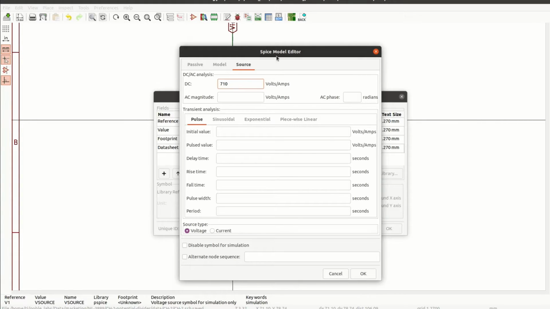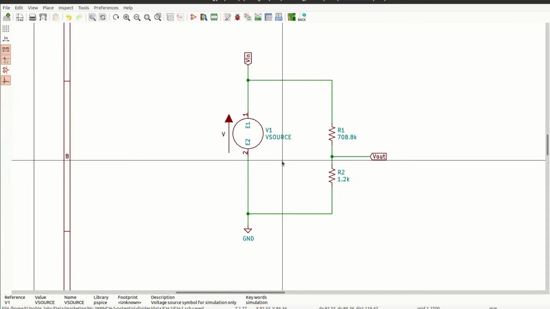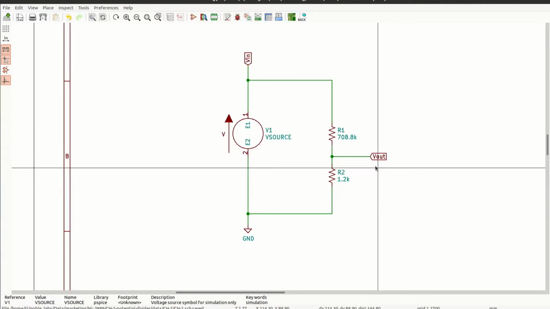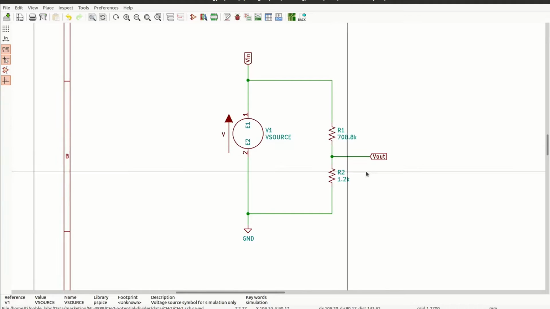This is the parameters the simulator is going to use, and later in the project we will know what to do with all the other things, but right now we will change its DC value to 710 volts. It just means that the simulator will treat this as a voltage source of 710 volts, and we can measure R1, R2 and V out and all these things.